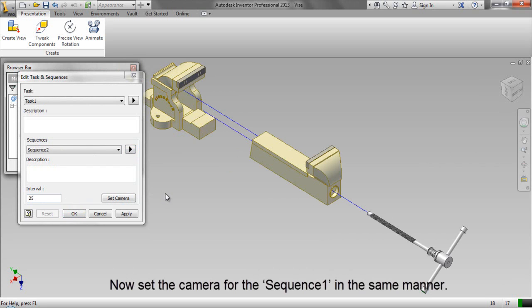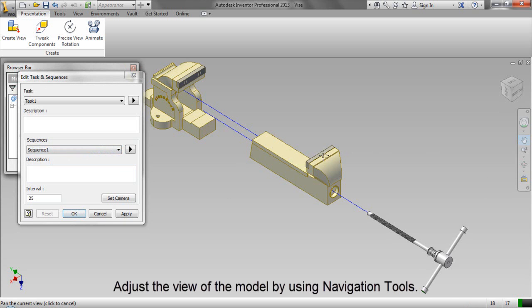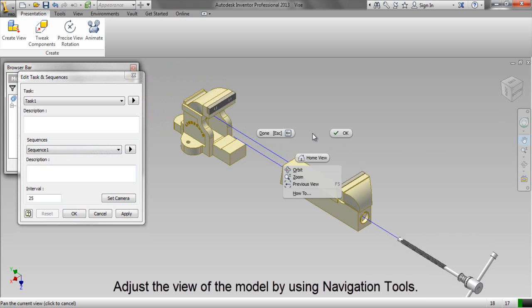Now set the camera for the sequence 1 in the same manner. Adjust the view of the model by using navigation tools.